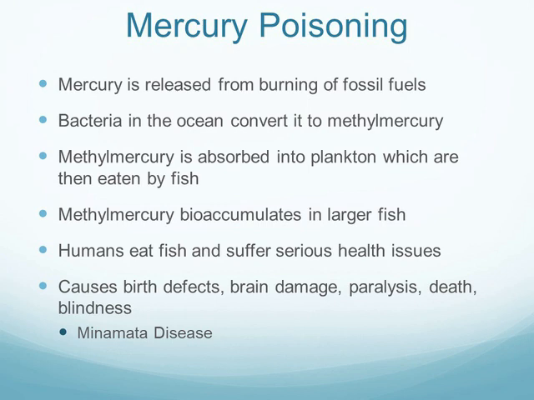So if a mother was pregnant and she was eating this contaminated fish, her baby, if it didn't die in the womb, would come out with a whole slew of birth defects. The baby would probably be paralyzed, maybe blind, and have brain damage to the point where it couldn't function as an individual. So it was a pretty serious case, and they eventually found out that it was this chemical plant that was introducing all of this mercury into the bay.